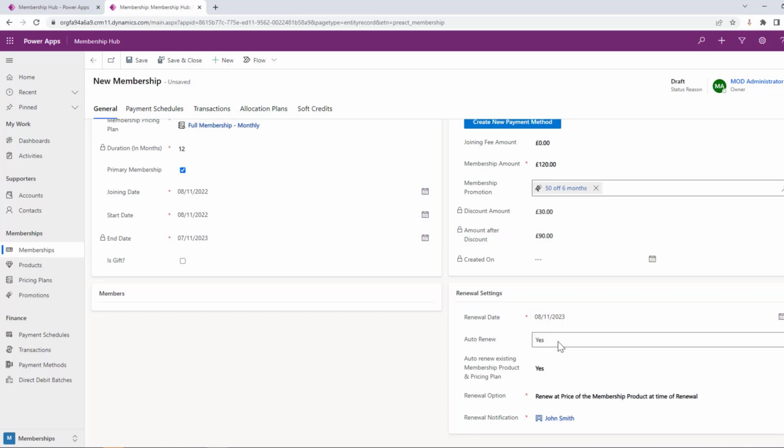It's also set to auto renew. This could be set to yes or no. So essentially, when we get to the 8th of November, another payment schedule will be generated for us with the expected transactions based on these renewal settings. If this is set to no at the end of this period, it will just expire unless someone comes and